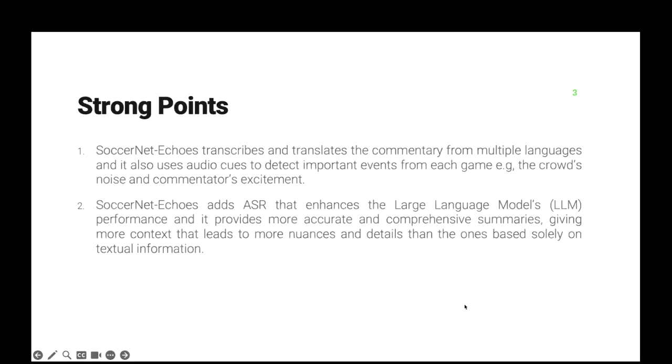Okay. The strong points were that SoccerNet-Echoes transcribes and translates the commentary from multiple languages. And it also uses audio cues to detect important events from each game, for example, the crowd's noise and the commentator's excitement. I thought that was really interesting, how the AI can detect that and point out these events, as that's not possible easily using only video and text. But adding ASR to that